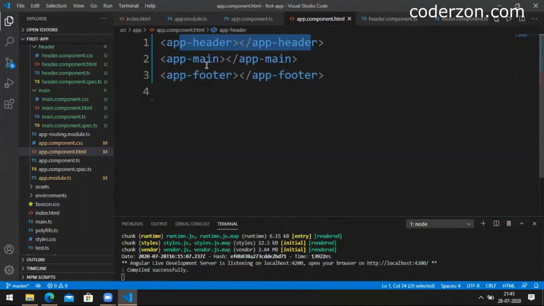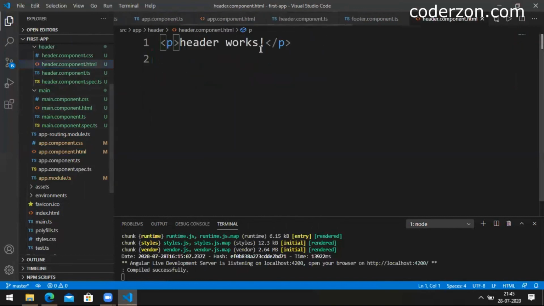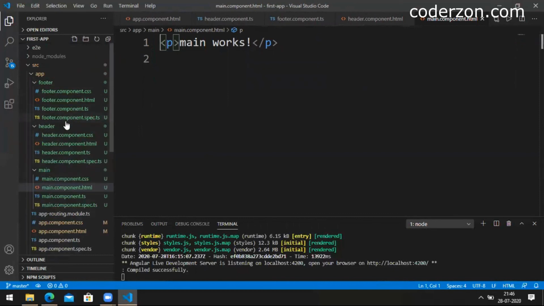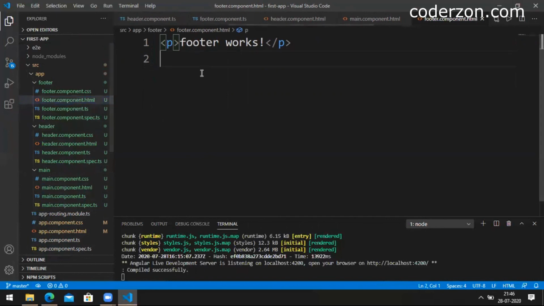The header component has header works, the main component has main works, and here in the footer component.html we have this particular HTML. This HTML content is rendered in the web page. We can change this content as per the look and feel we would like to have.